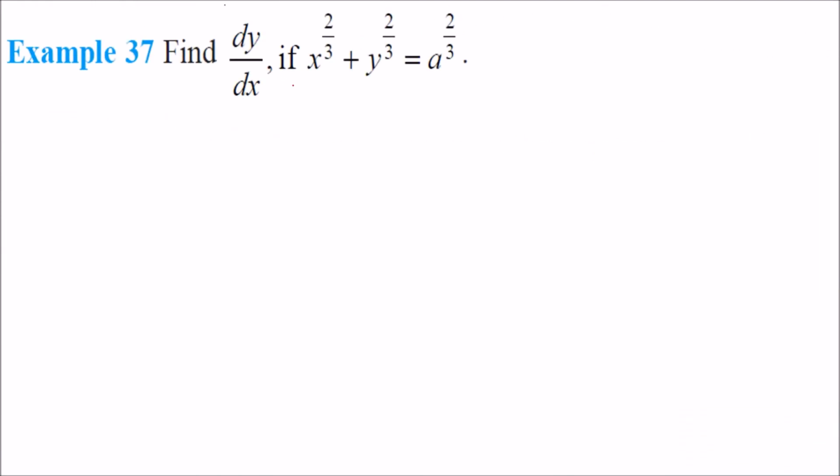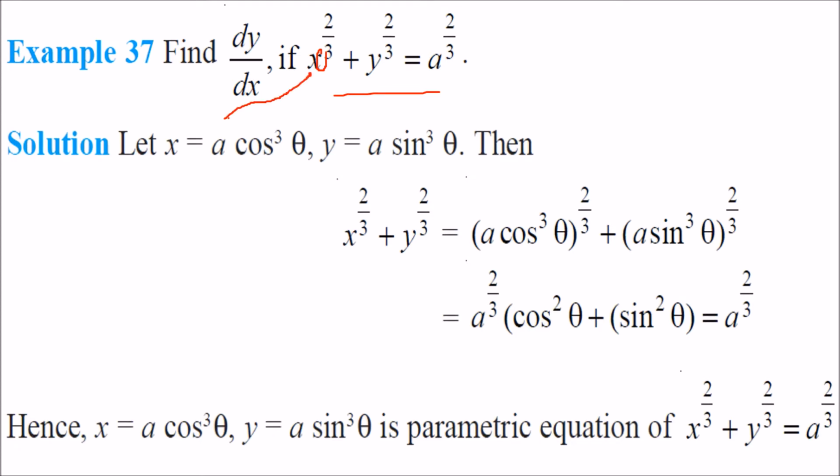We want to find dy by dx if this is the power. So, how to do this? We will use the parametric condition only, but here let us put x as something or y as something, so that we can eliminate these powers, and we can get a straight kind of equation, so that we may solve it. So we can put x equal to a cos cube theta, y equal to a sin cube theta, because x cube